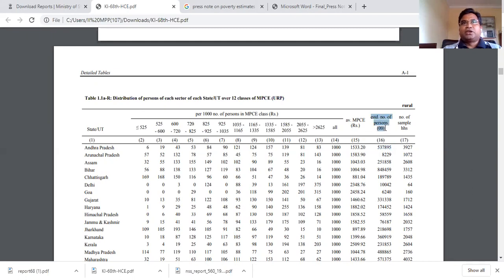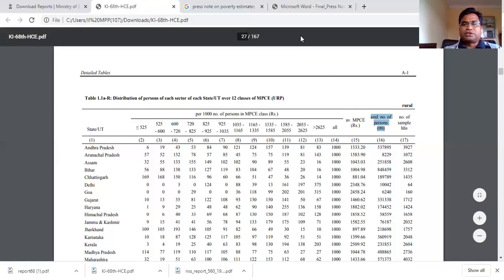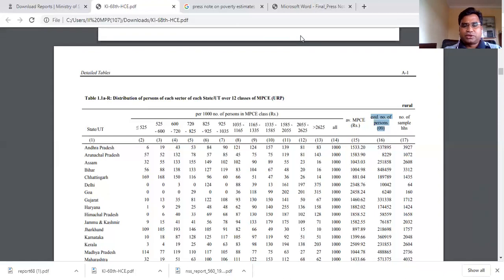Now see here, in the initial table we spoke about the number of samples collected from each state, right? Each state, and then rural and urban area wise. But here we are talking about not the number of samples. We are trying to project for the population. Okay, maybe in Jammu Kashmir there were 2032 samples from the rural area, but if you use that sample to project for the population, what will be the estimated number of persons, right? So if you want to do that, let's get into data once again.